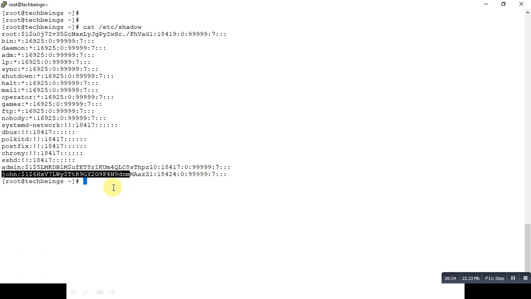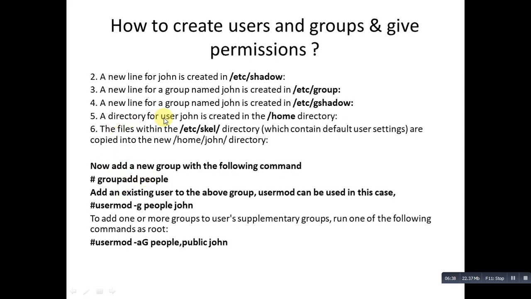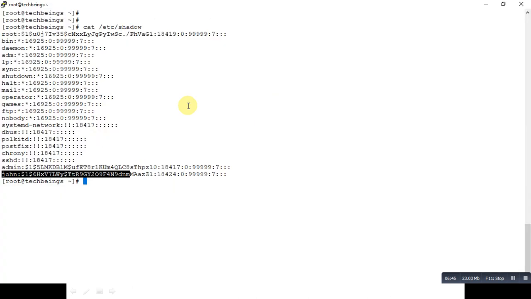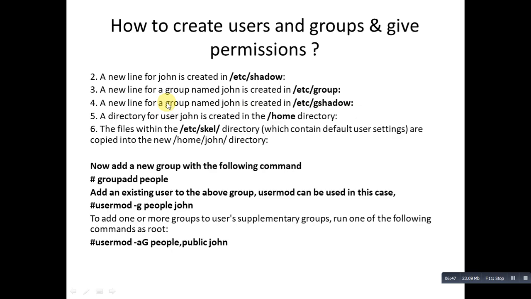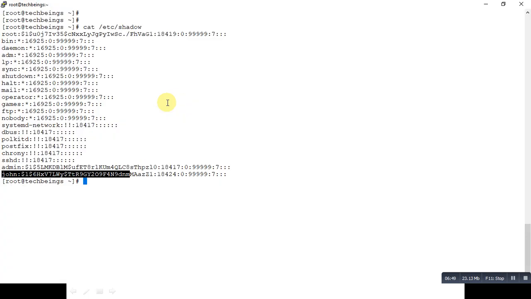And let's see, the fourth one is, sorry, this is /etc/gshadow. Cat /etc/gshadow. So again a line is created with the username John.